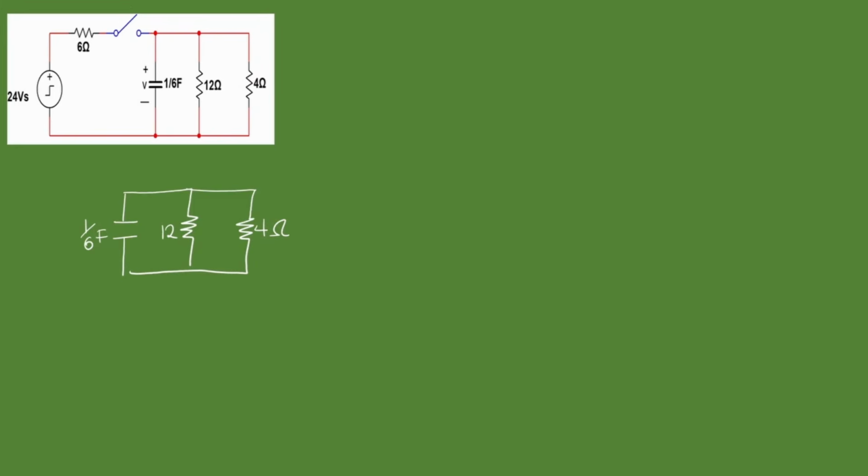Remember, we still need to find our time constant tau, which is RC, for the source-free RC circuit. And for this, we need the equivalent resistance or the Thevenin resistance. And that's going to be the equivalent of these two. So we can just replace them with the equivalent, which we solve for using the voltage divider. So that means for t greater than 0,